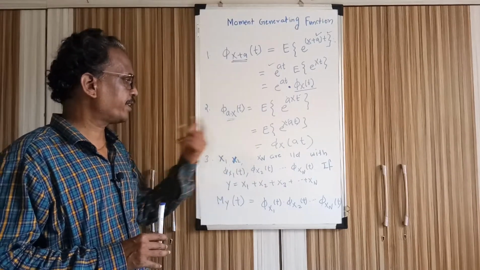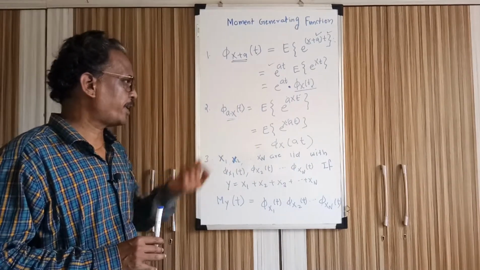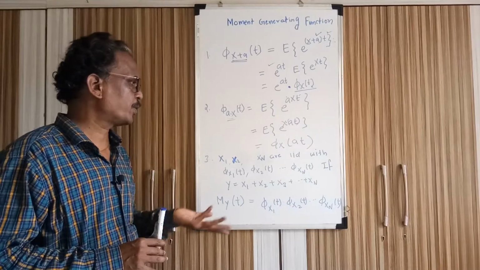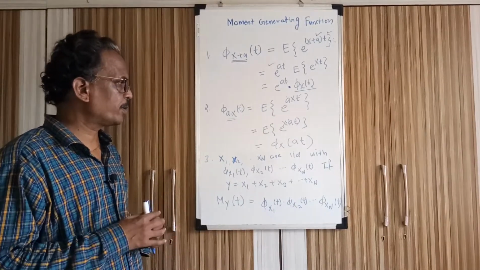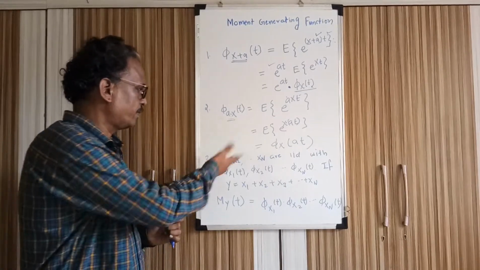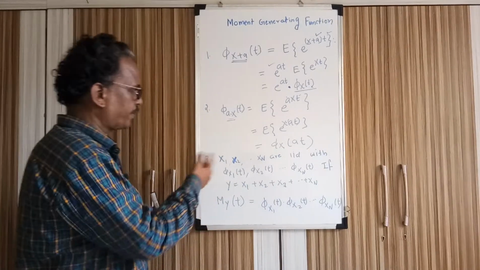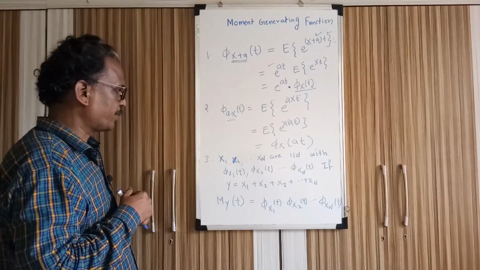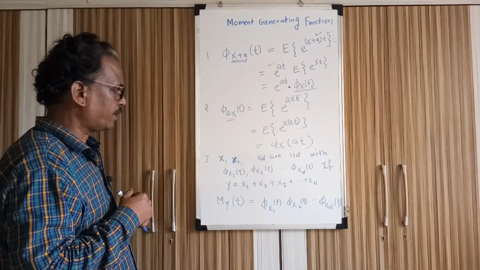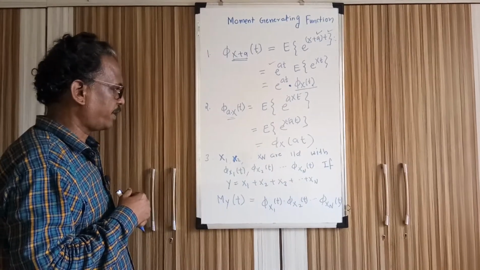x1, x2, x3, xn, they may have binomial distribution, they may have Gaussian distribution. If they are discrete, they can have binomial distribution. If Poisson, they can have that kind of distribution. So phi x1, phi x2, up to phi xn, are the moment generating functions of each of these random variables